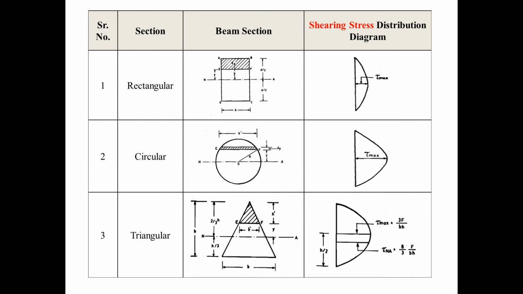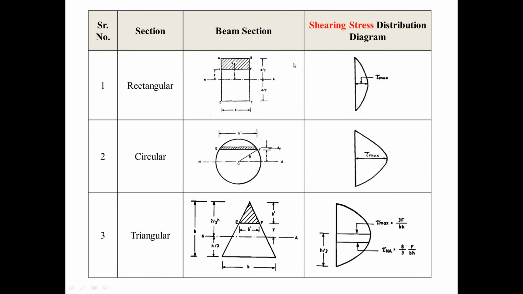So these are the shearing stress distribution diagrams. Various beam sections are being shown. For the rectangular case, at this point it is 0, at this point it is 0, at the neutral axis it is maximum. So it is conflicting with the bending stress distribution diagram. In the bending stress distribution diagram, you can see that at the outermost layer the bending stresses are maximum, and at the neutral axis it is 0. But in this case it is 0 at the top level, 0 at the bottom level, and maximum at the